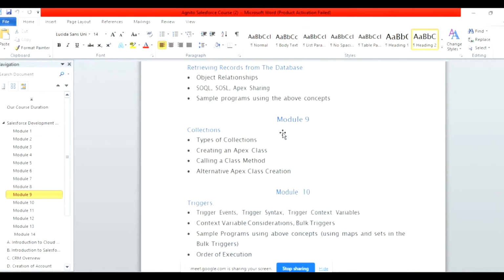So in Module 9, the types of collections, you know,